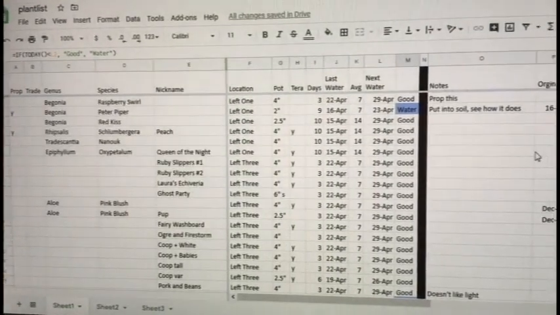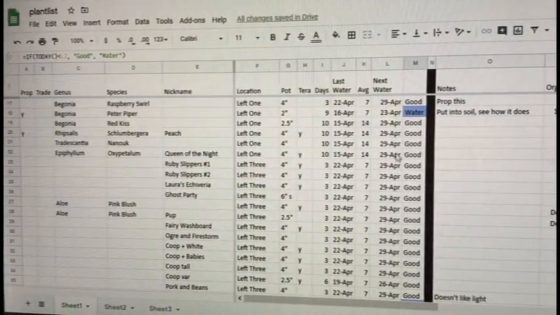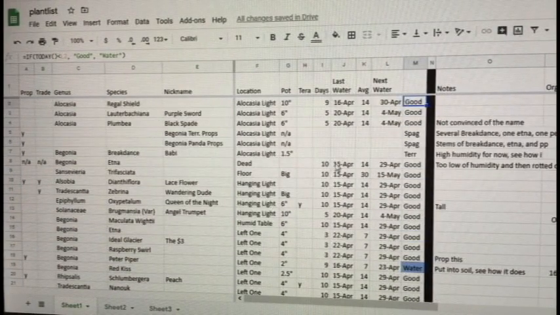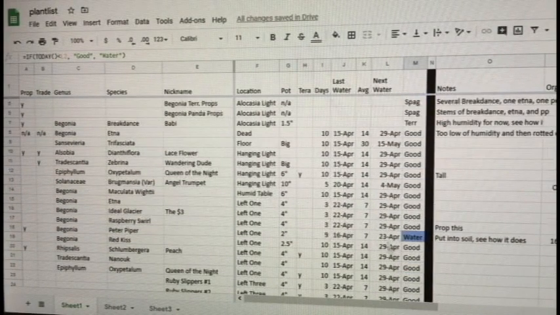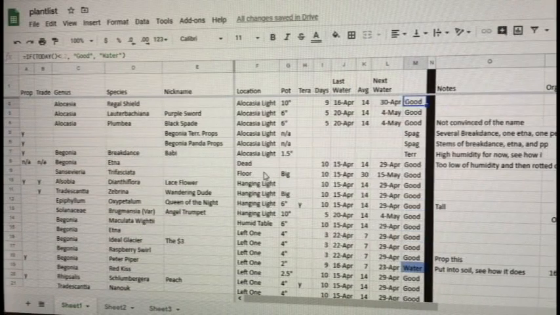So this took me a little while to get going. And right now, basically what's happening is I put in all the estimated dates. So there's a lot of either 1 week, 2 weeks, or a month. And that's a Sansevieria. That's why it's a month, because I don't think it needs to be watered more often